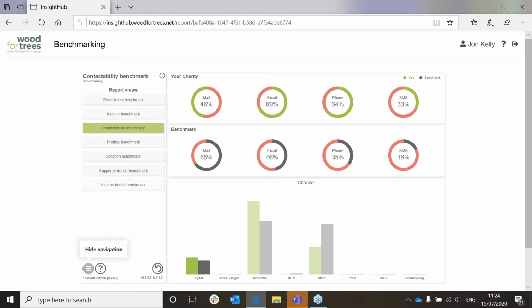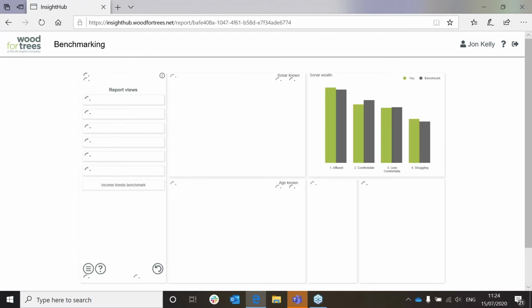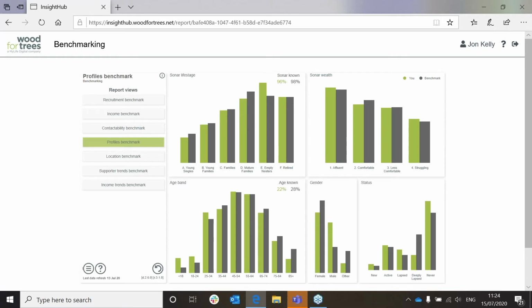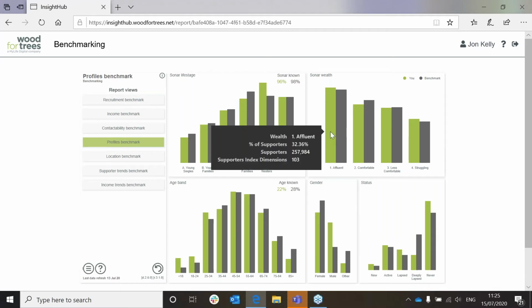So further into the other reports, I can start to profile these donors. If I click on there, I can see that I've now got a fairly standard demographic breakdown of my donors. At the bottom here, I've got age band and gender, which we take from the database. At the top here, we apply our Sonar demographic